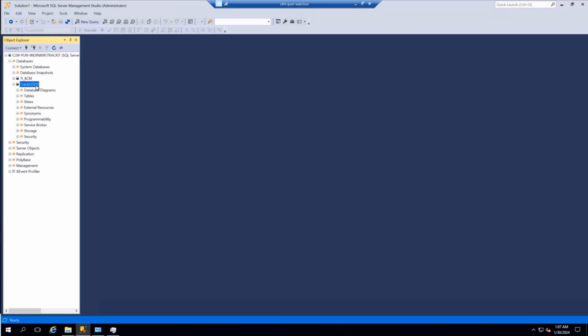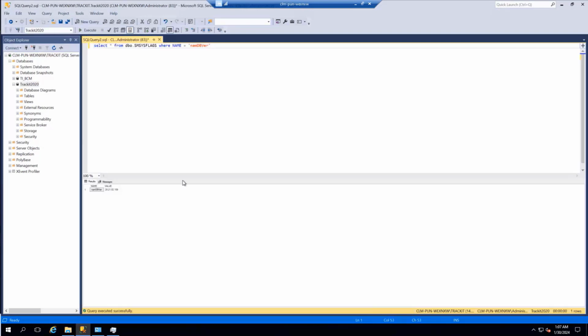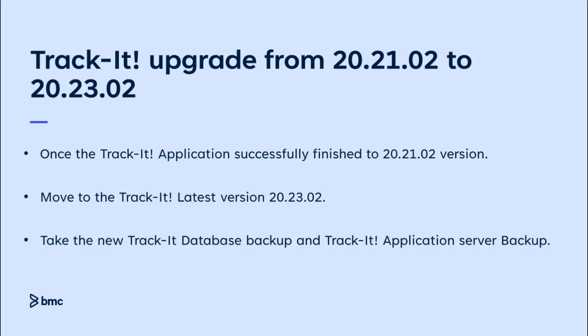Once the Trackit application upgrade finishes, verify the database upgrade version. Log into SQL Server Management Studio and execute the query: select * from dbo.smsysflag where name = 'namdbworld'. Once the Trackit application is upgraded to the 20.21.02 version, let's move to the next step of upgrading Trackit